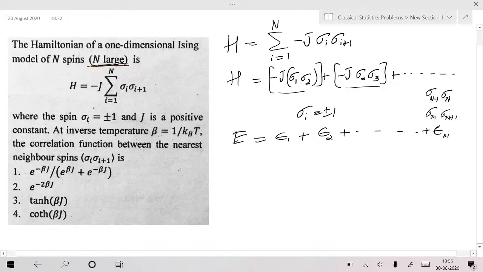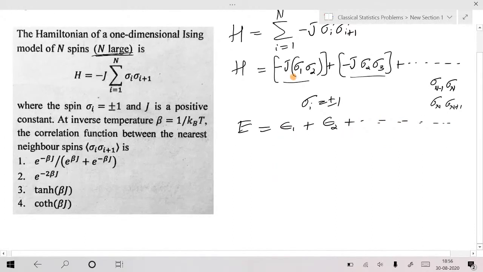Just observe that fact. The ultimate thing is my energy is additive. Let me not worry about the last energy term. Whether I have n terms or n plus 1 terms, it doesn't matter because n is very large, and each of these terms will not contribute at that level. For total energy, the individual contribution is quite low, but all those individual contributions added together give the total energy. Whenever I have additive energies, I choose an individual part.